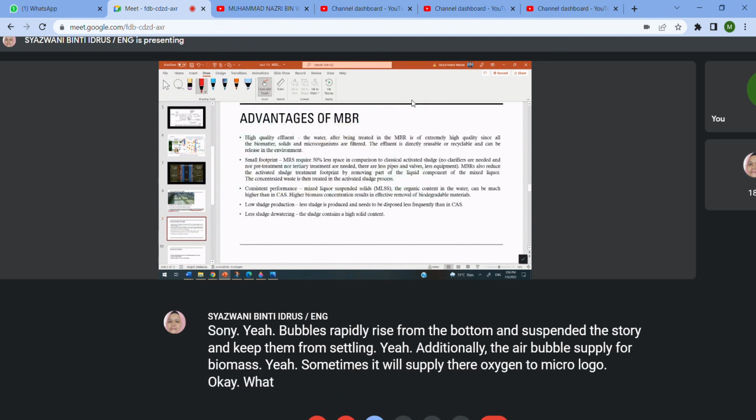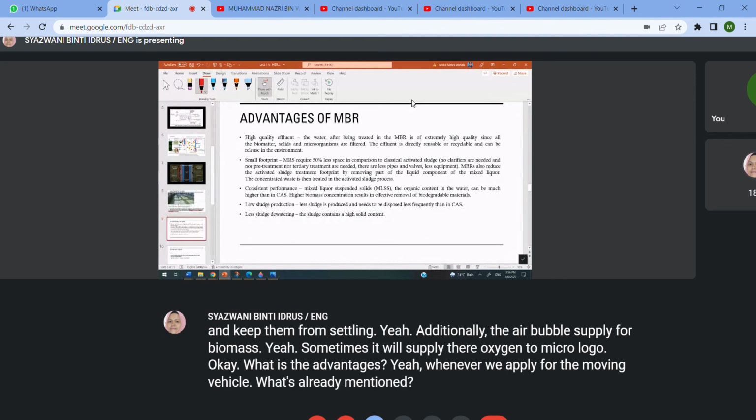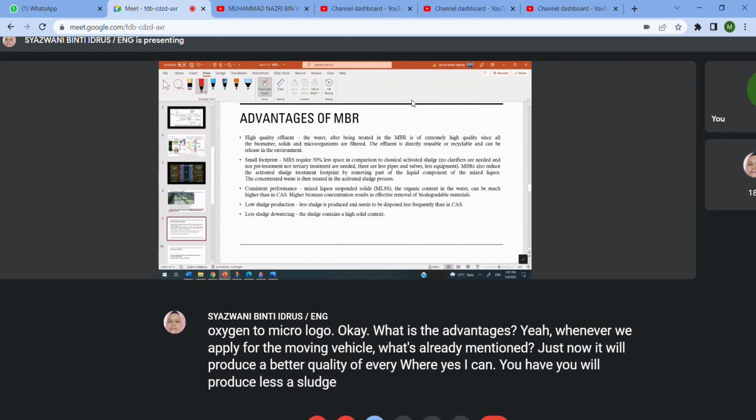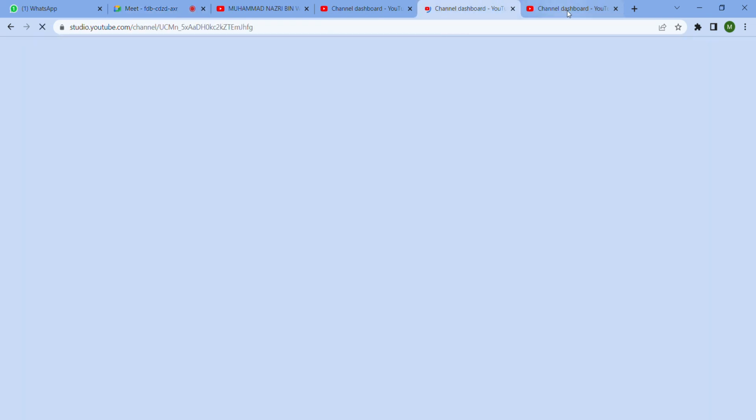Okay, what are the advantages? Whenever we apply a membrane bioreactor, first, as I already mentioned just now, it will produce a better quality of effluent. Second, you will produce less sludge, so that it will reduce total operational cost. Third, a small footprint. If you are looking for a system with very good quality of effluent in a limited area, limited space, then you can go for the